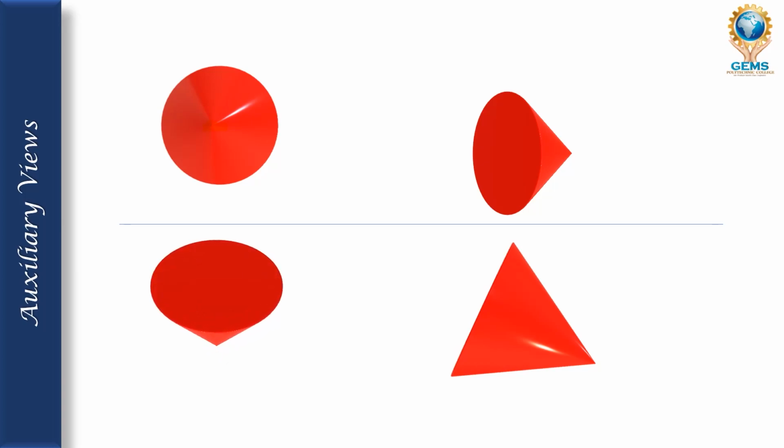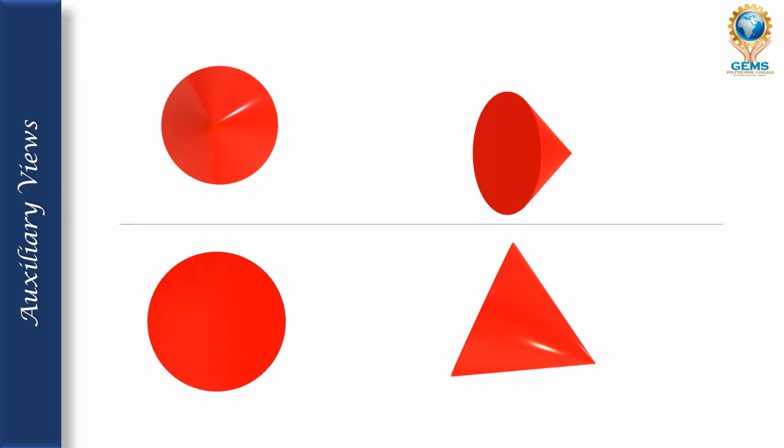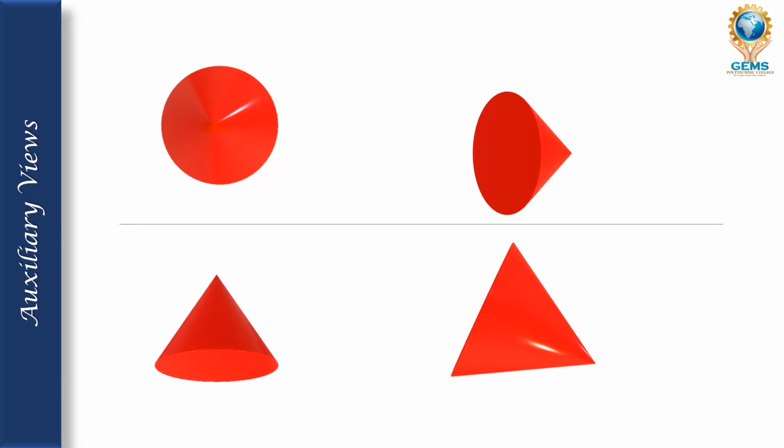To draw this top view, I don't want the base diameter, I just want the length. So from the top I will draw the line, so I can get the 40 mm. Only I have to mention the height, axis, length. Only I have to know that, so that I can draw the axis, length, and the top view of the object. I can draw it. So now this is the top view of the given cone as per the problem.